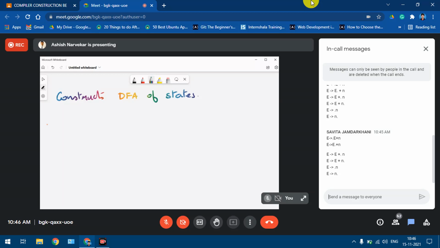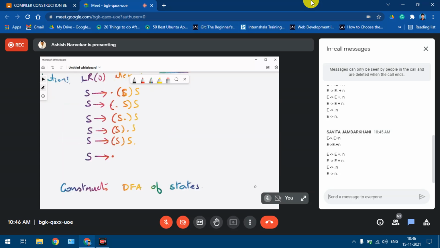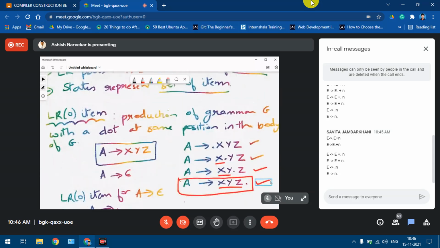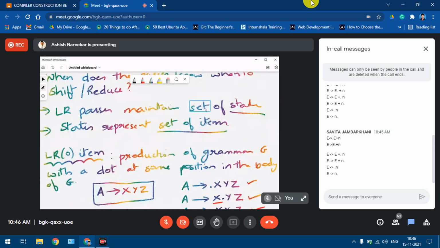As I mentioned earlier, LR parser maintains a set of states. These set of states are used in turn to construct a DFA. A finite automaton is to be constructed from the set of states, and each state is nothing but a set of items.